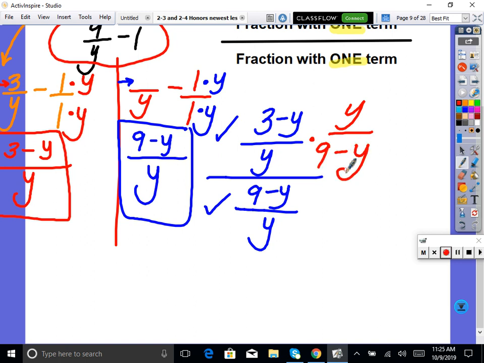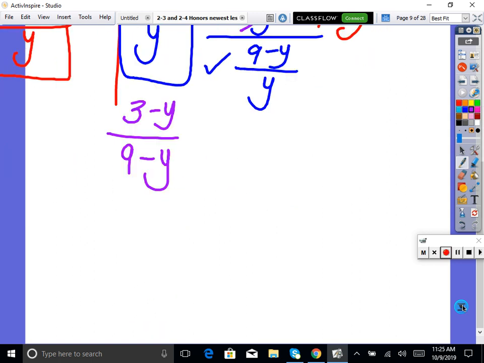So now what ends up happening? You don't need a common denominator, right? Divide out common factors, right, everybody? So my answer is 3 minus y over 9 minus y. And I would accept that answer, or if you were an extra special student, what you would probably do is